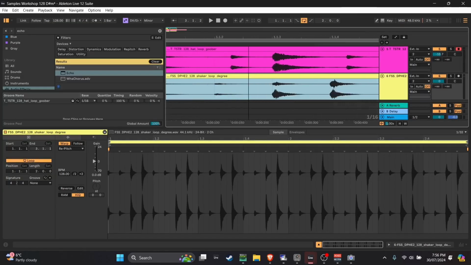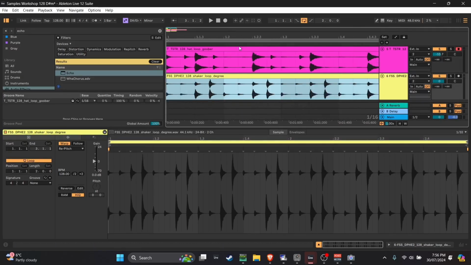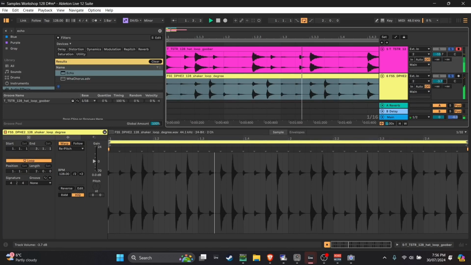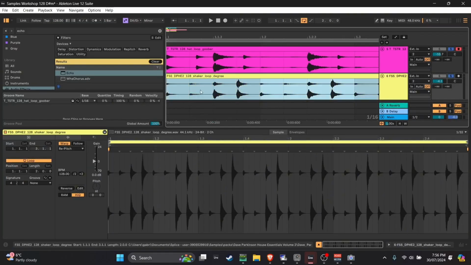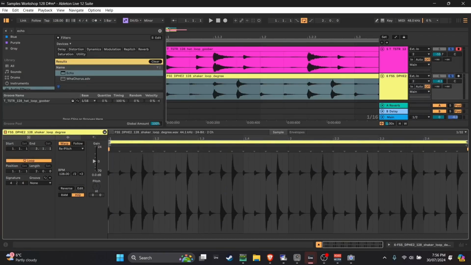And you can see that if we zoom in here, this shaker sample has a straight groove and this has more of a swingy groove. And if we listen to those together, if I hold down Control, I can select them both at once. And you can hear there's a bit of clashing happening there because these notes are not playing at the same time. So what I could do is select this entire sample,